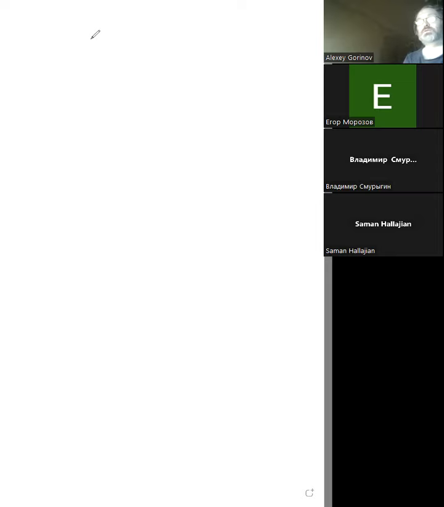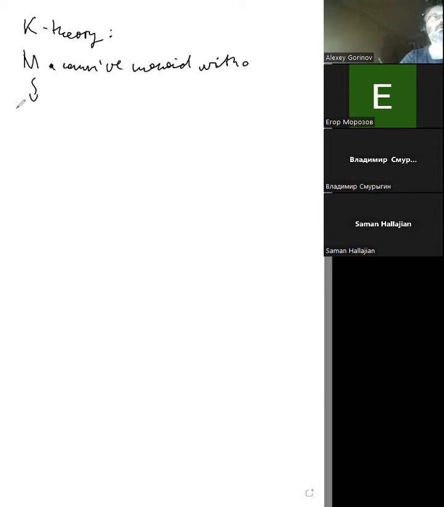Okay, let's recall a few things about K theory. Well, first of all, if we have a commutative monoid with zero, there is a way to construct an abelian group starting from this monoid. Now, well, this construction has